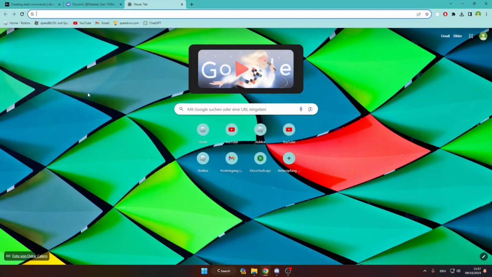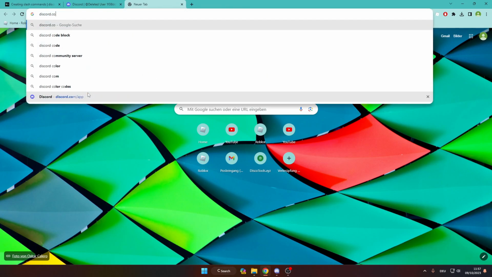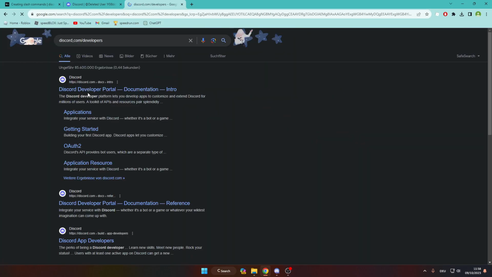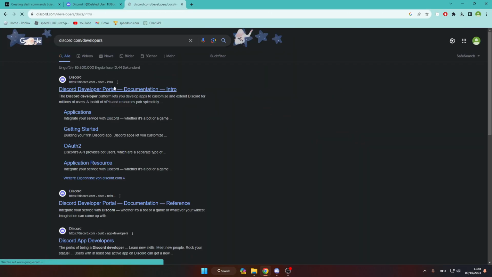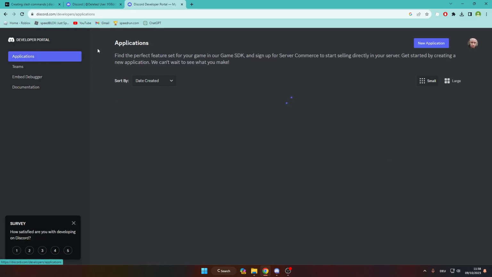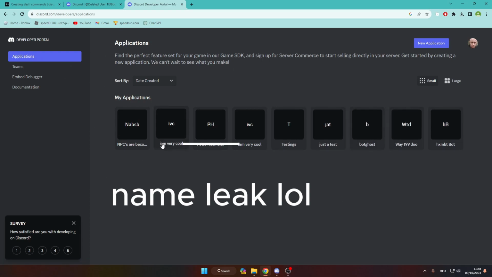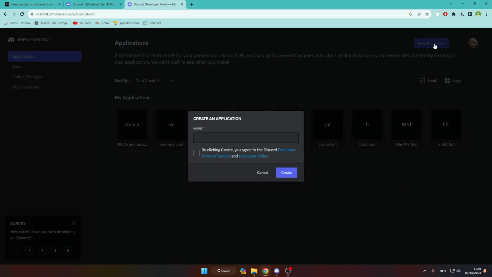Now you want to go to the link in the description, which is going to get you to discord.com/developers. Oops, I misspelled it. So it should get you somewhere here. I have some test spots here, but don't worry about that. You want to go to new application, and you can type in whatever you want. I'm going to name it HXMBT tutorial bot. Then you can click create,